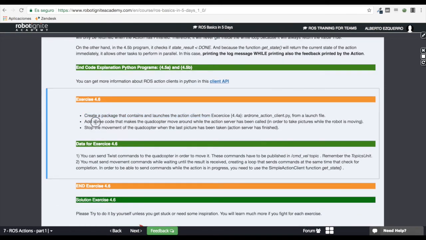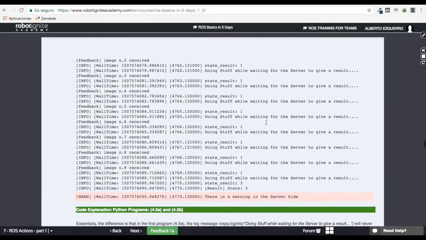Then within that code, you have to modify it a little bit and add some code that makes the quadcopter move around while the action server has been called, while the action server is being executed. So while the action server is taking place, you will have to do other stuff. In this case, move the drone around. Okay,